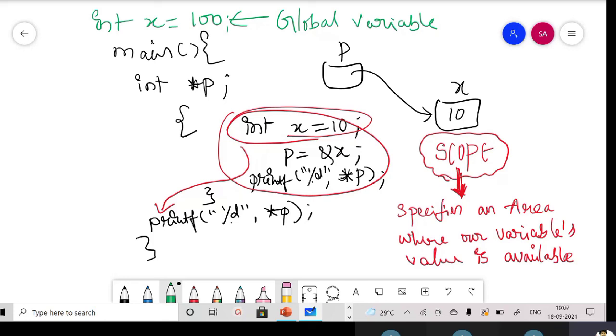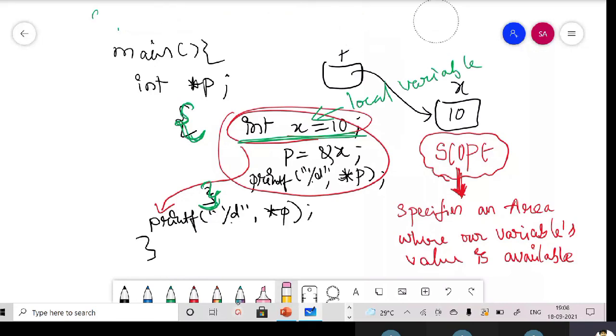Okay, but look at this, ma. Here this x is not a global variable. Why? Because this is inside the block, sir. Block, ma. So here this is the local variable, right? If you forget about the global variable, I'm removing it because we are not using it in our program.